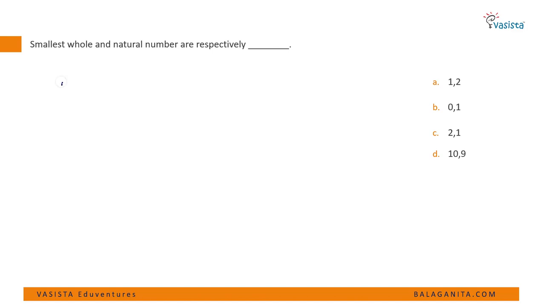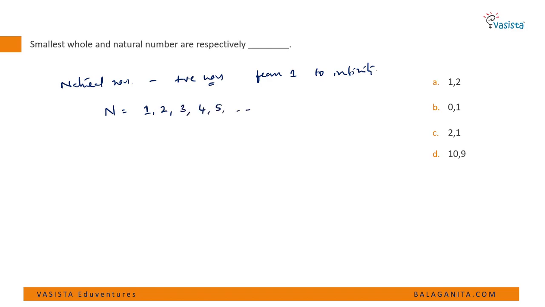So, the natural numbers are all positive numbers, which start from 1 to infinity. So which means n is equal to 1, 2, 3, 4, 5 and so on, till infinity. Whereas whole numbers